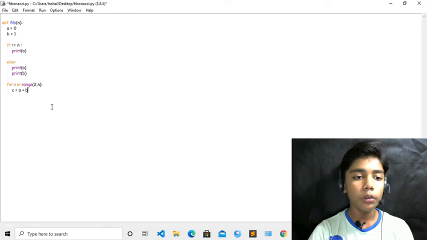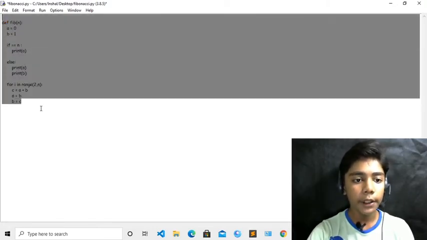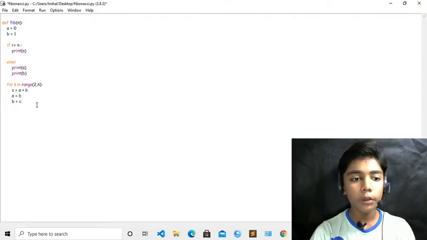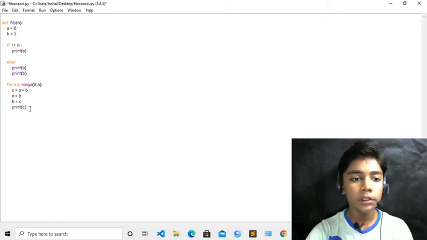Just here you have to press enter, A. Now you have to define B over here, okay. So now A equal to B and B equal to C over here, okay. So now till here we have defined our work, and now here you have to write print tag, okay. So now in this print tag we will write C, okay. Like I have told you, we have to define this C also, because we have defined A and B also. So the last was just C, so we have also defined this in this tag with print, okay.